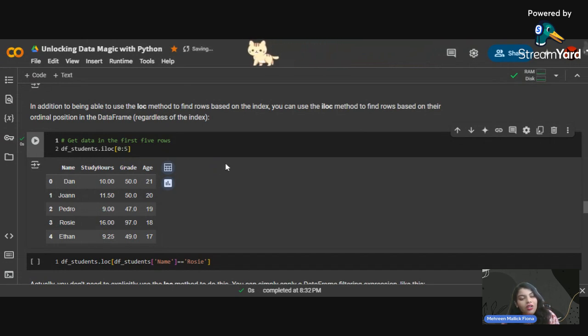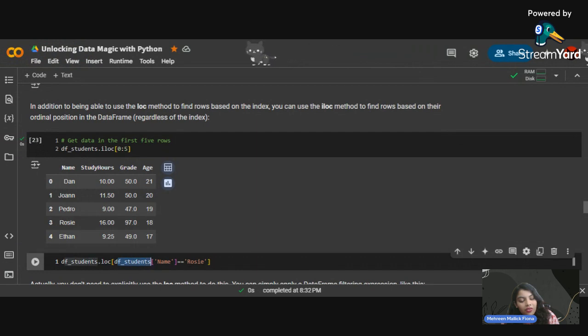And we can also access the data frame through certain key value literature of the dictionary here. So if I want to see the data of Rosie, I simply use the key value syntax. Here I'm telling the dictionary or the data frame to search for the key name, whose value is Rosie.